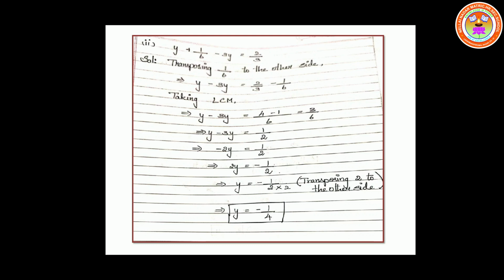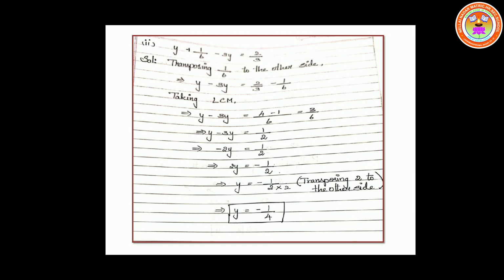Now I have to find the value of y alone. So take the 2 to the other side of the equation, so that becomes - 1/2 into 2 in the denominator itself. And what happened to the minus symbol? First I have taken the minus symbol to the other side. I have multiplied both the sides with minus. So minus into minus on the left hand side becomes plus, and here there is plus, so plus into minus becomes minus. So that is what I have done in that step.